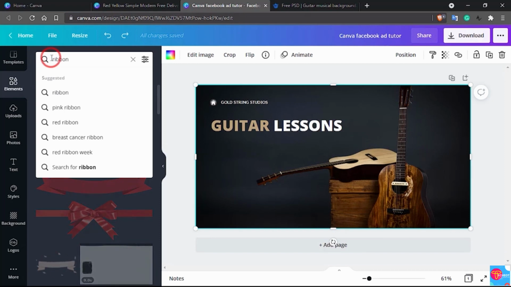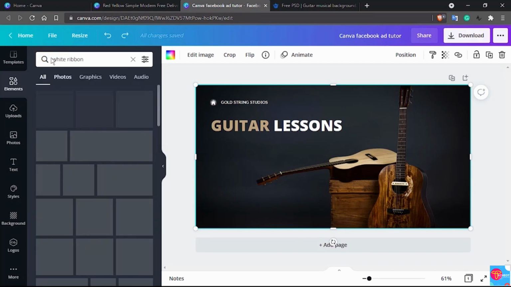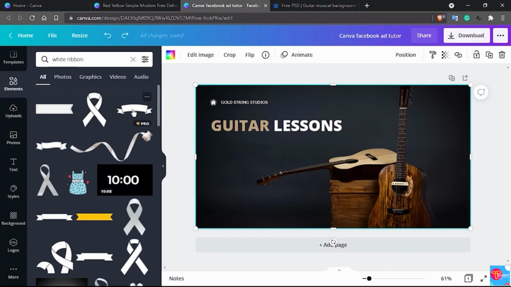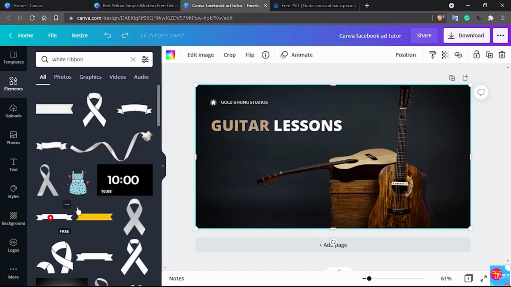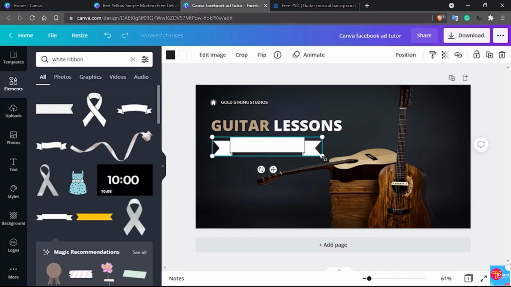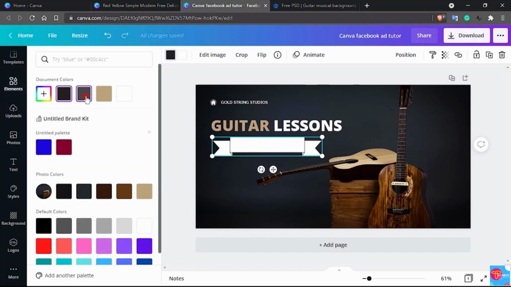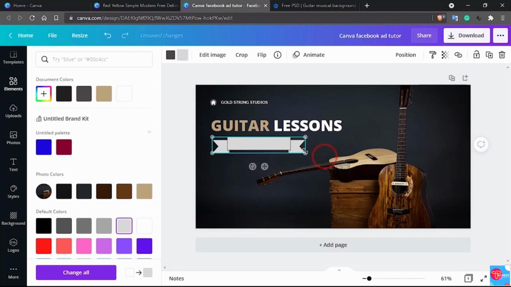So let's do some simple white ribbon. So this one's free, and I guess we can utilize this one, the free one. I'm trying my best to utilize most of the free ones. And for this, you can see there are two color options here. If I select the white one to some shades of gray, that would look nice. Let's decrease it a bit